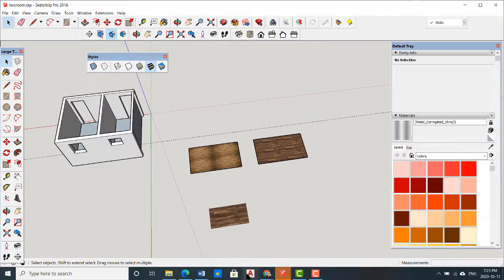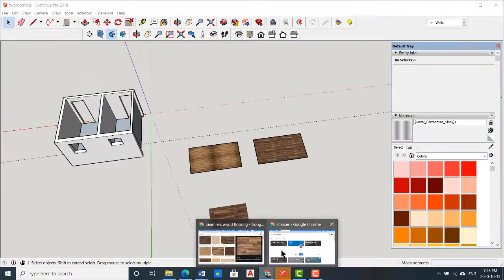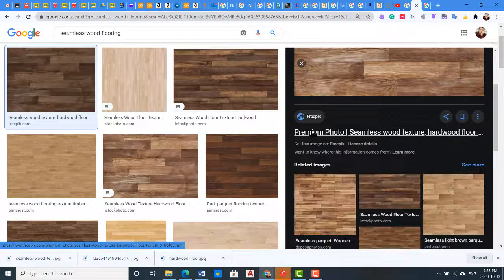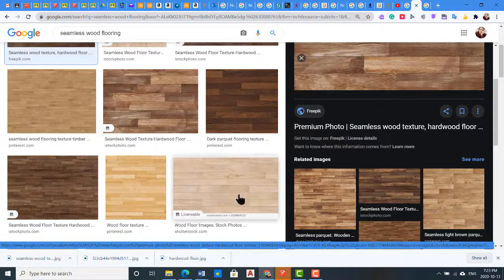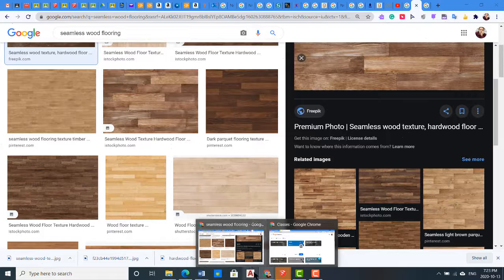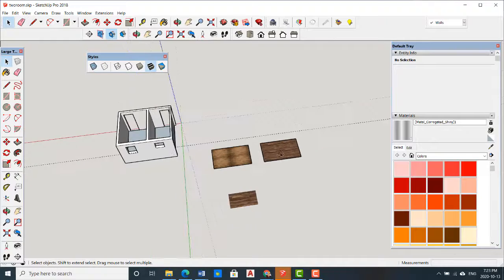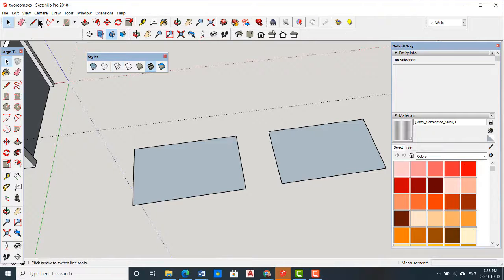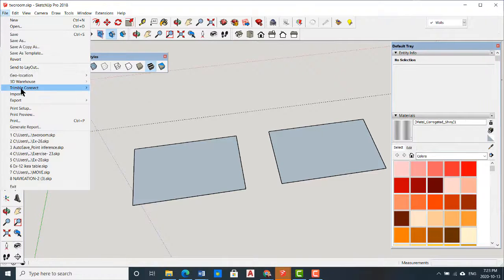So one way to find this type of image, when you are searching, you can search for seamless, for example, wood flooring, and find something, the closest image to your wood finish, and select that one and apply it. There are a few options that we have when we are applying material. Let me undo this. So if I apply a material as a texture,